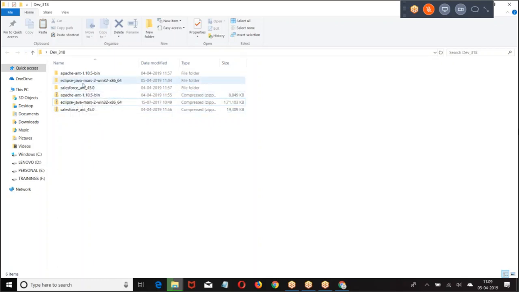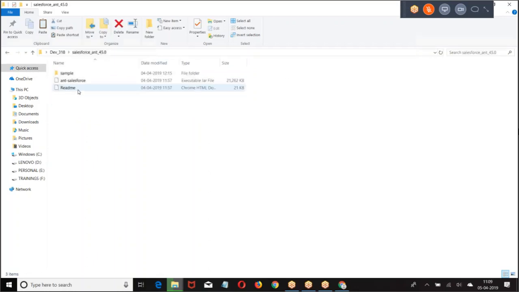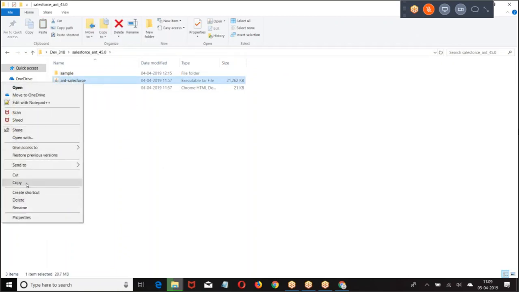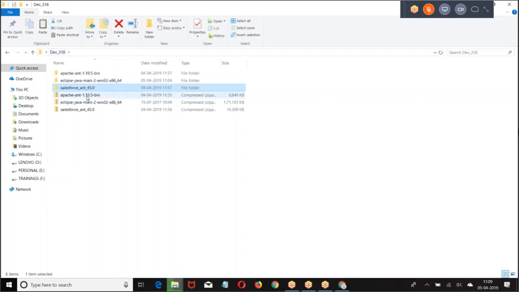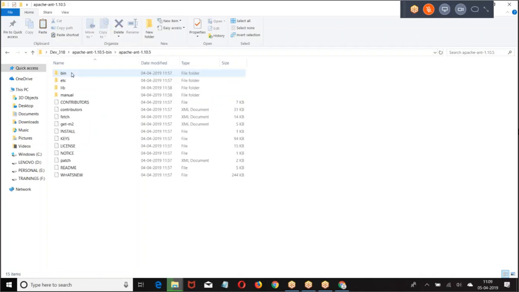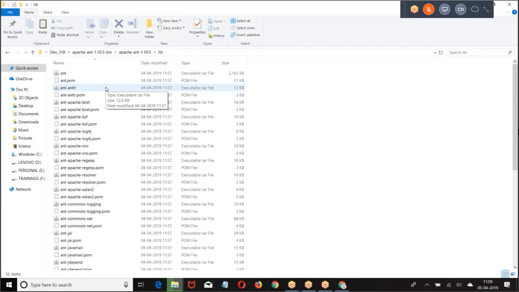Once you extract the files, in the ant-salesforce 45.0 there is a jar file, ant-salesforce. Copy this jar file. Go to Apache ANT, lib folder, and paste it.